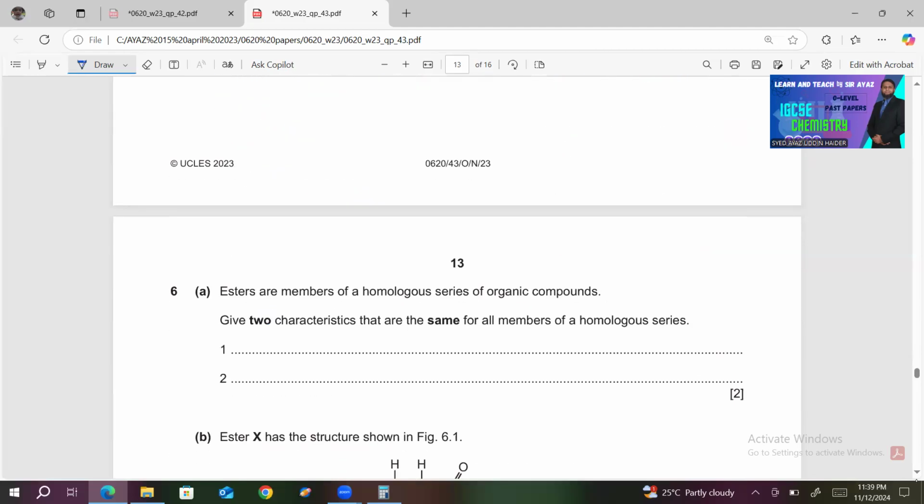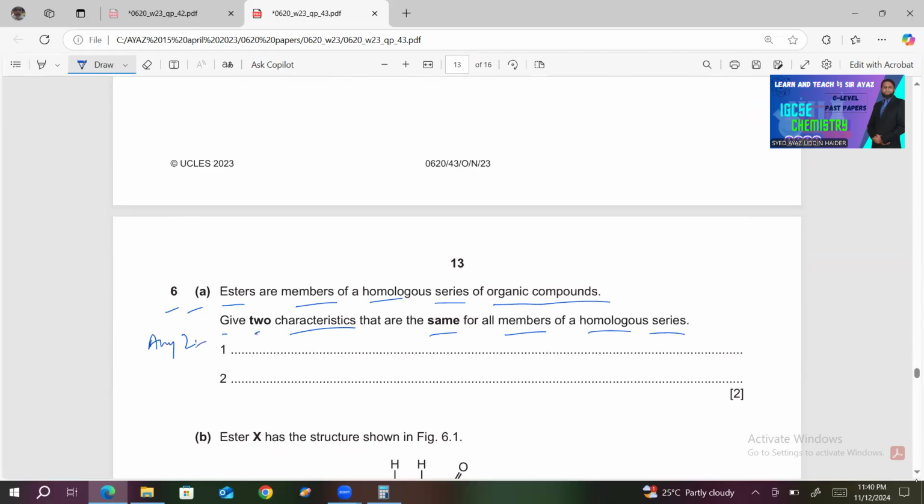6a, esters are members of a homologous series of organic compounds. Give 2 characteristics that are the same for all the members of homologous series. So for the characteristics of homologous series, you can write any one of these. They have same chemical properties, same method of preparation, same general formula, same functional group. Any two from